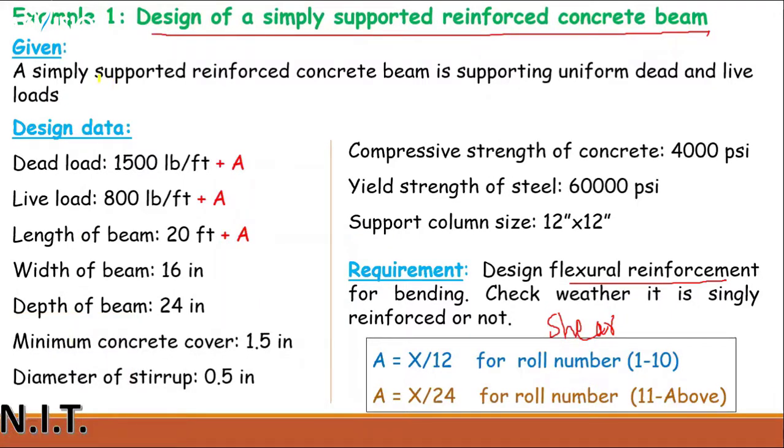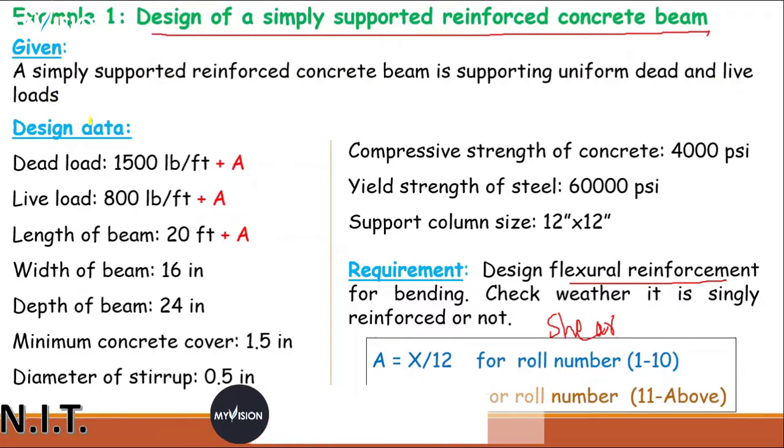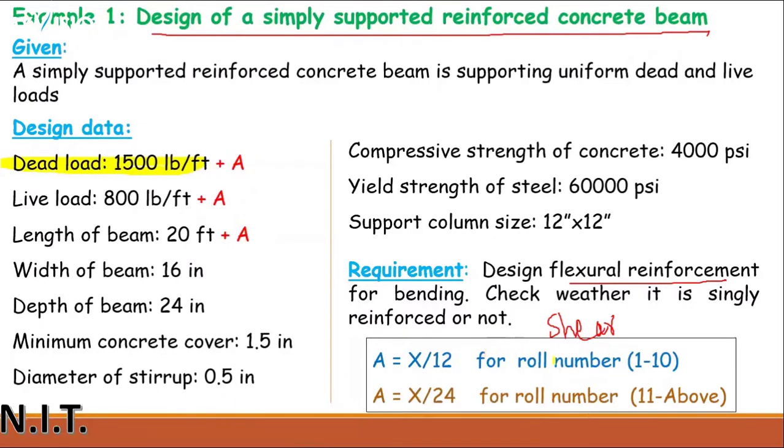for this, the data given to you is that the simply supported reinforced concrete beam is supporting uniform dead and live loads. Okay, the dead load which is given to you is 1500 pounds. What does this A mean? A is